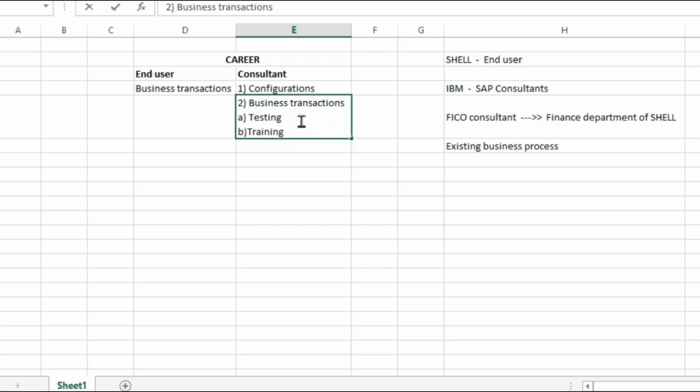So all the transactions that the user posts, all the reports that the user wants to view, I will test first and check if the system is throwing any kind of error. If it does, then I have to go back to the configurations and see if the settings that I've done are correct. If not, rectify them, come back, retest it. So testing offers an opportunity to validate our configurations, whether they're correct or not.